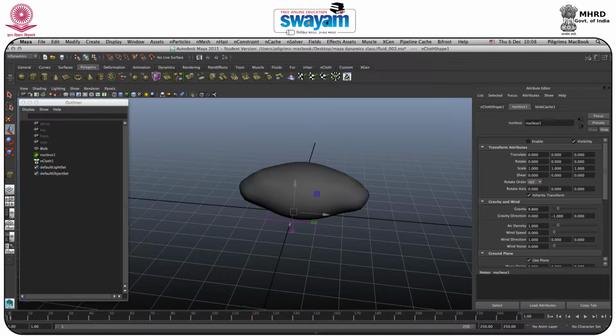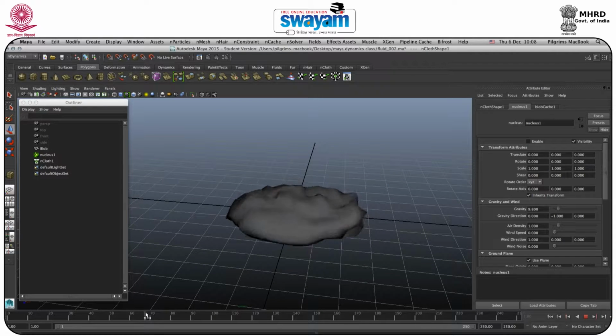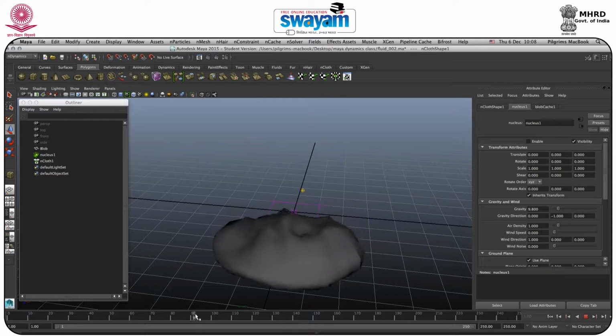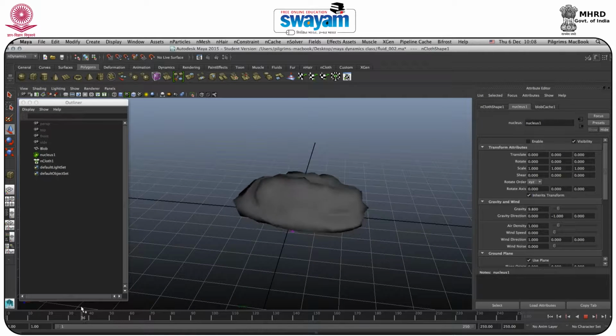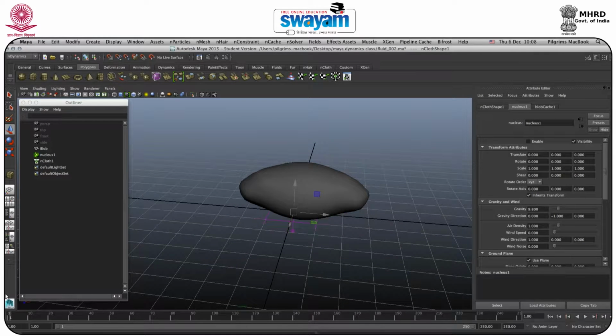If you turn this on, that means nucleus will embed its property features to your model or your geometry, and it may take some time. So I will just deselect it, that means I will uncheck the enable, and I think in a few frames my simulation will be fast. Now what I will do next,